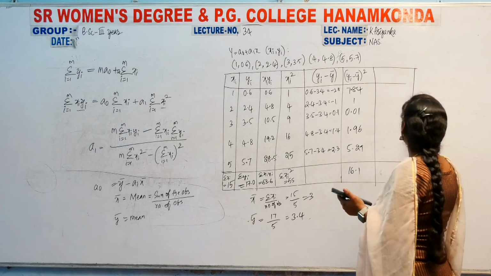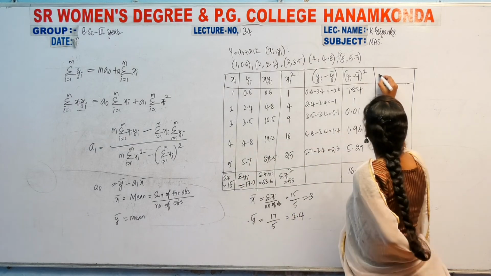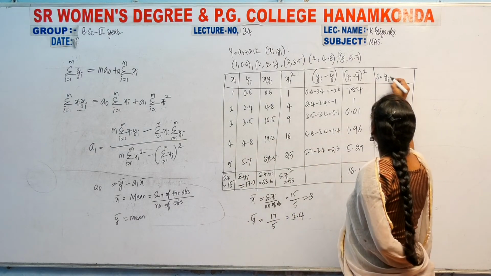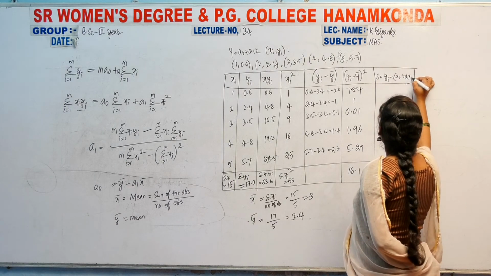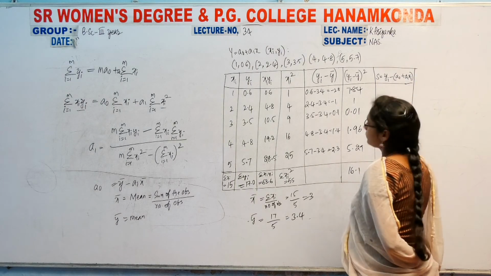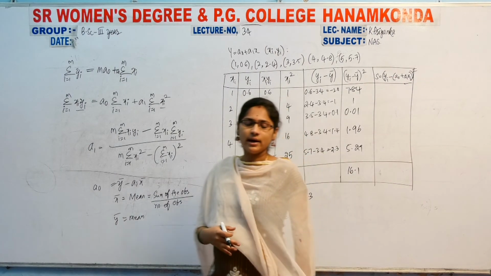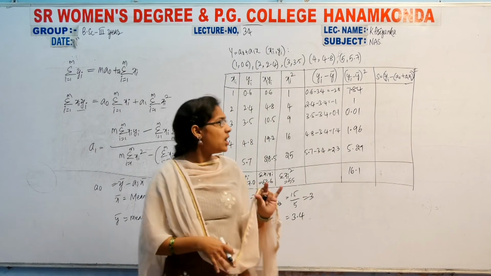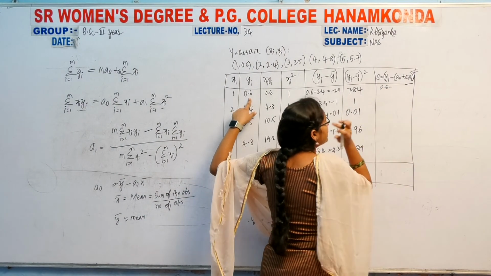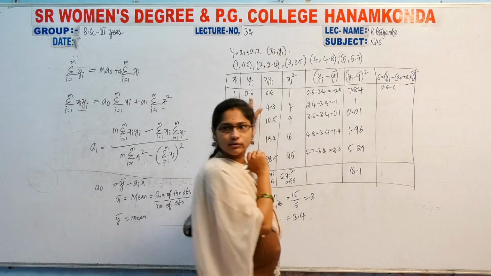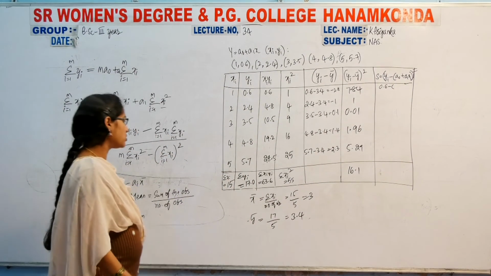Next we have to know S. So what is S here? I said that S is nothing but the sum of yi minus (a0 plus a1 xi) whole square. Right? So here whole square means directly whole square. Clear? So now directly here what you have to do, ma? First of all y1, y1 means 0.6 minus a0. Actually here we have to calculate a0 and we have to calculate a1. After that we have to, right? So that's why first of all here